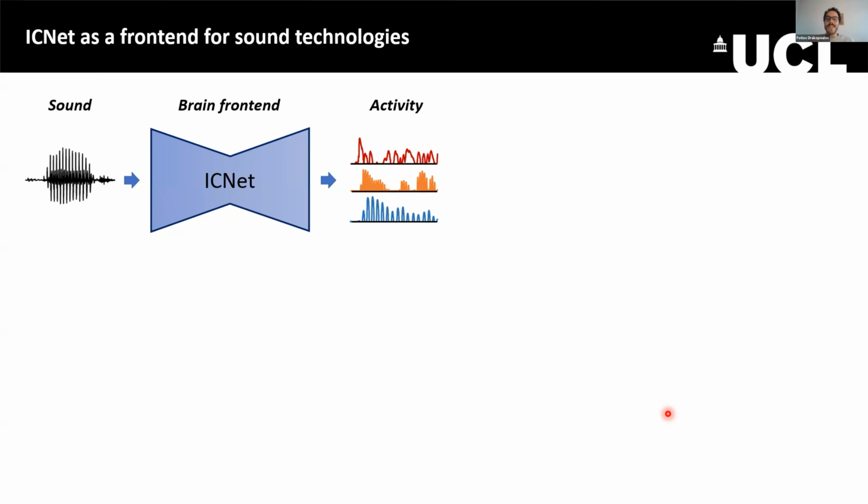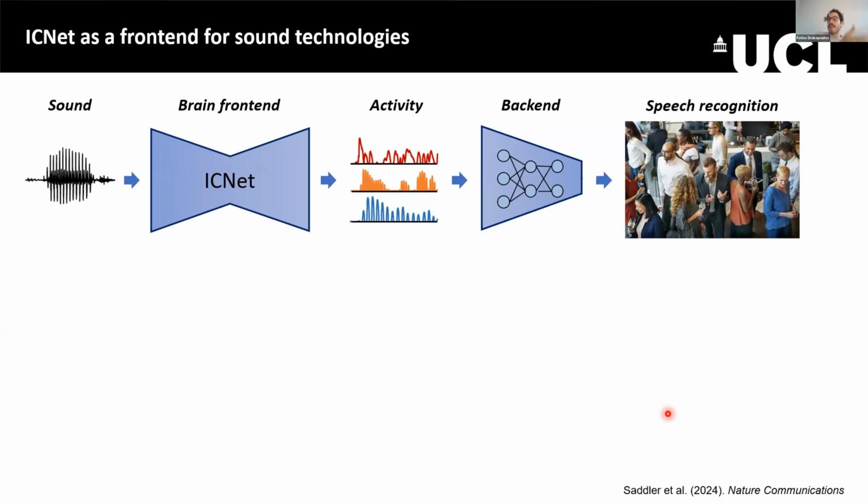I will just skip to the fun part, which is, after establishing all these details about making sure that ICNet is an accurate model of the auditory brain, we can now put it to the test for different applications, as this is essentially a proof of concept for the broad applicability of models like ICNet. It also leads to what Malcolm talked about, what the McDermott lab has done over the years, which is essentially to use realistic frontends to simulate neural activity or some biophysically relevant representation that can then be used to train deep neural network backends that do specific tasks, such as speech recognition.